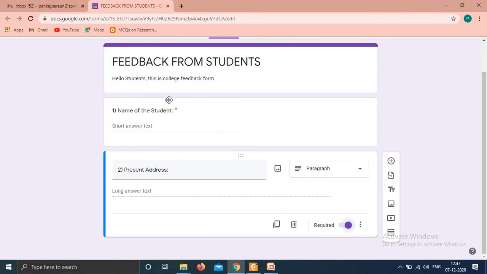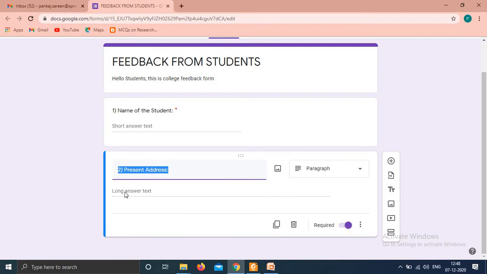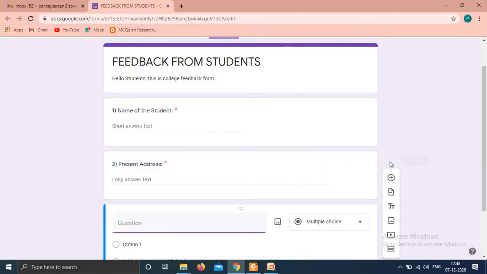So all the required fields will have this asterisk sign, see, in red. It means this field is required and it is a long answer type question. Fine. Third information that I want, so just click here.